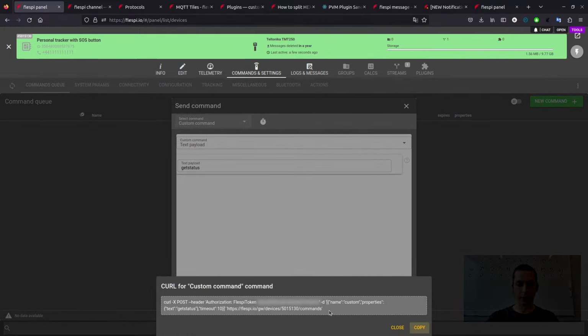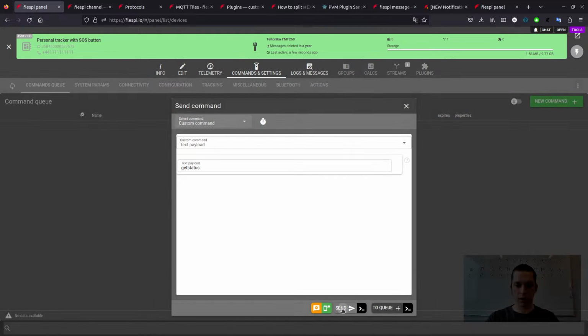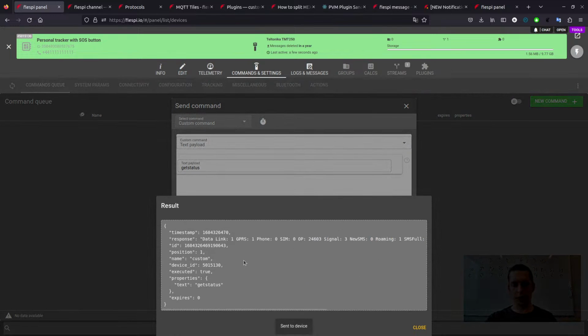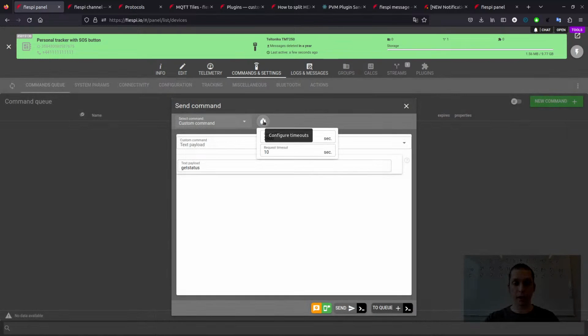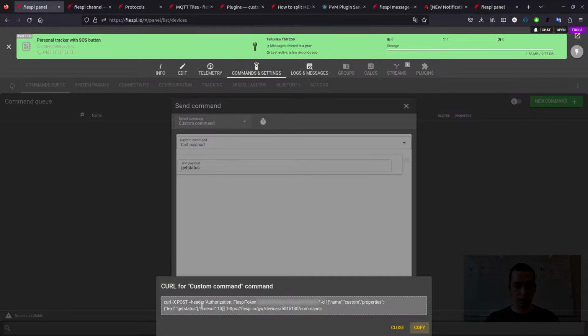Or we may send it with a timeout period right from this page, like this. You may see the CURL command for how to send it. Flespi device commands, just a post without any commands queue, like this. So we send, we wait for several seconds for the response, and the response is given in the same feedback, so in the same response. This will be a separate field that we can analyze in the REST API call response. The timeouts are set up under this clock icon: time to live for a command in the command queue, or timeout for request. All of them can also be set up in the REST API call.